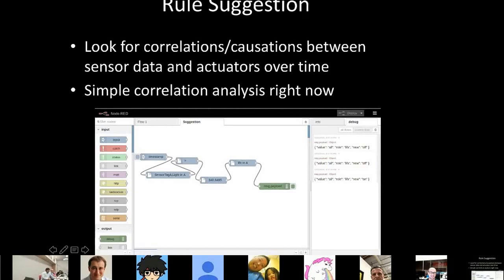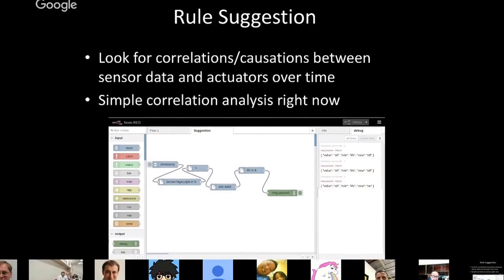And again, this is pretty trivial at this point, but we think the idea of being able to make suggestions to end users about what might be appropriate for your new IoT setup or your IoT environment could be really valuable. So it's kind of like what I get from my Tesla or what I get from an Amazon Echo or Google Home, the idea that you keep getting these new surprises or these new value adds because you've already invested in the infrastructure.